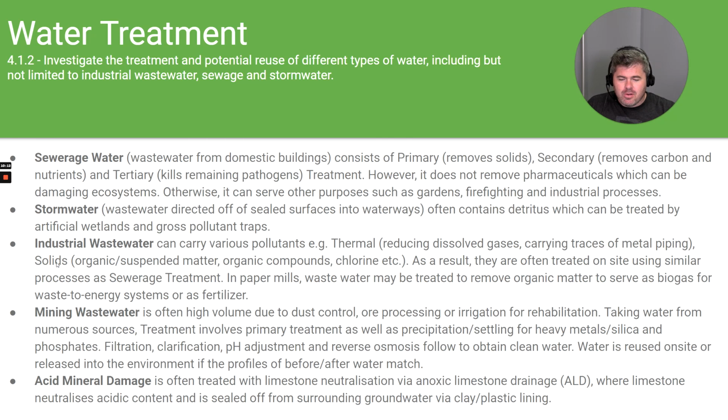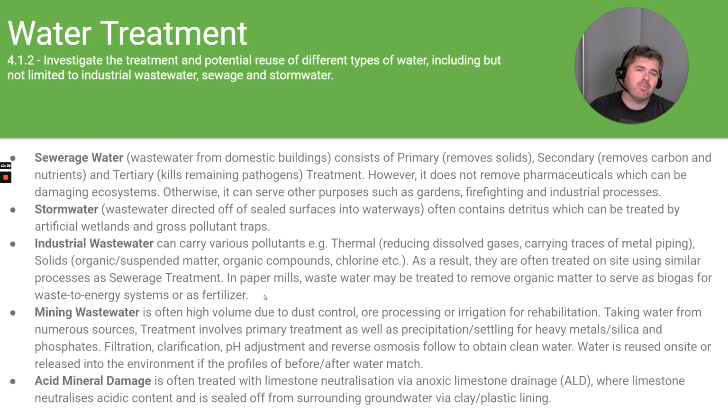We can have solid wastewater, so it's organic or suspended matter, organic compounds, chlorine. So in essence, wastewater that has been used in a manufacturing or industrial process and is carrying waste with it. Now, as a result, they are often treated on site using similar processes as sewage treatment. In paper mills, wastewater may be treated to remove organic matter to serve as biogas for waste to energy systems